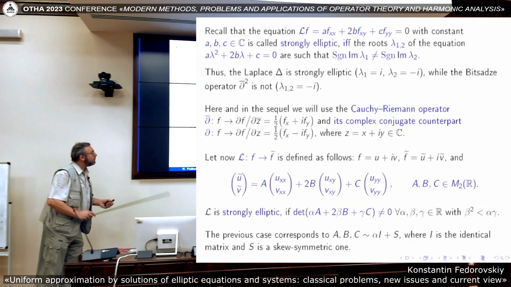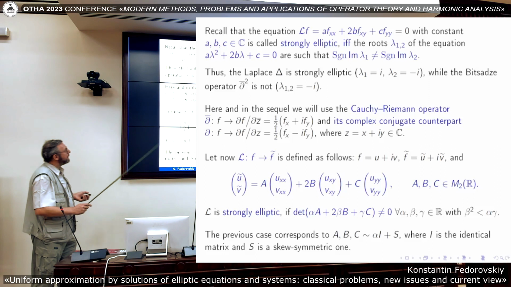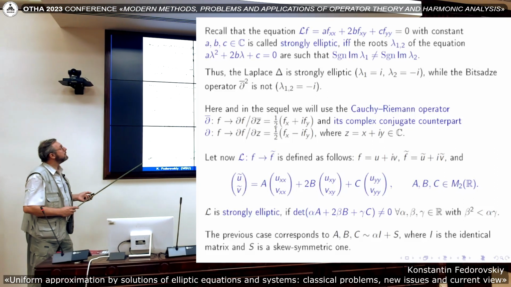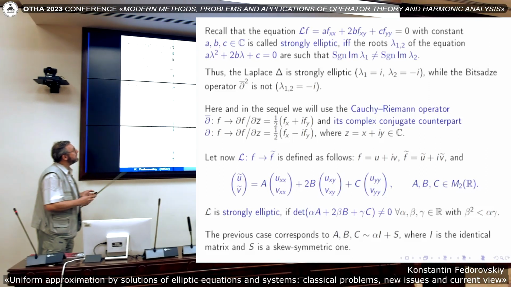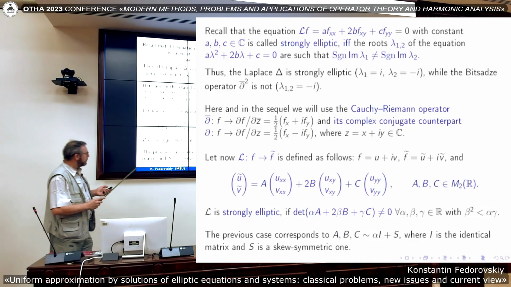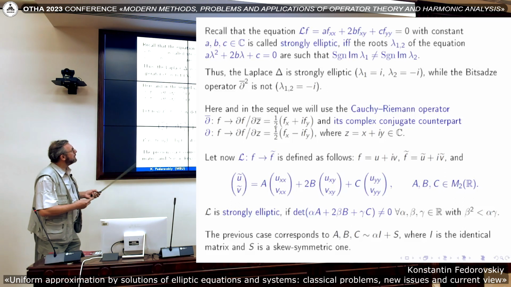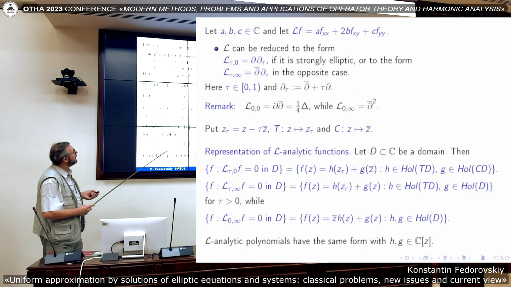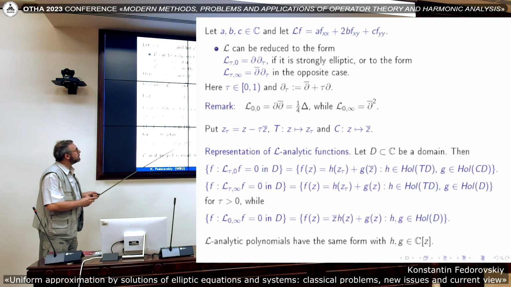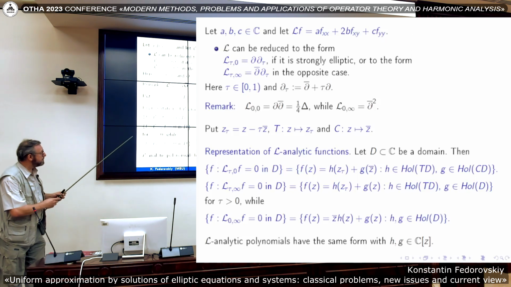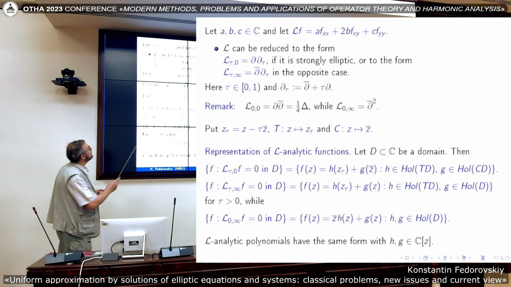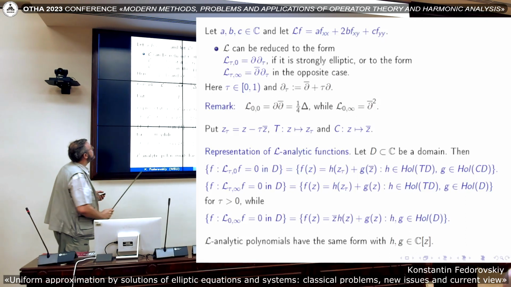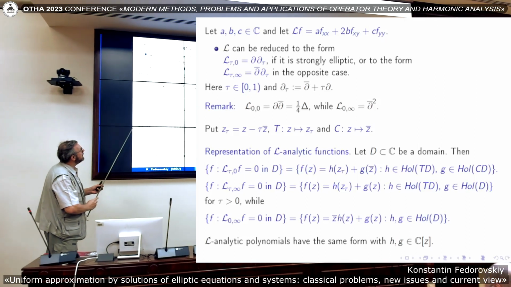Well, perhaps I need to skip this, because here I briefly explain how to write solutions of the equations and systems under consideration in complex form. Let me concentrate only on the case of operators with constant complex coefficients. So, in the strongly elliptic case,